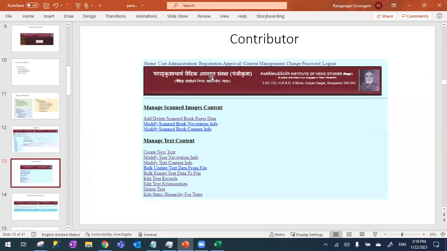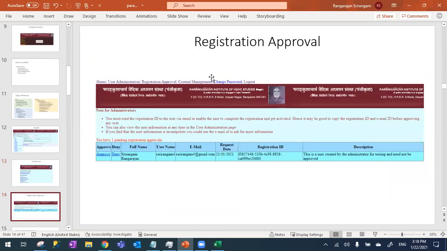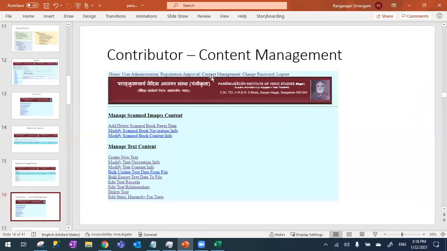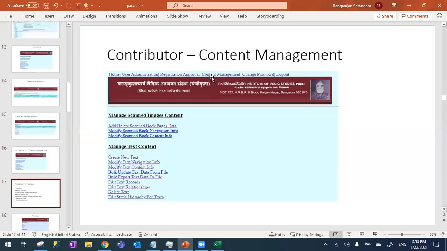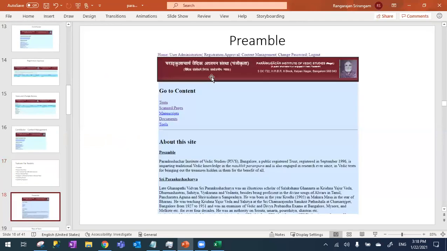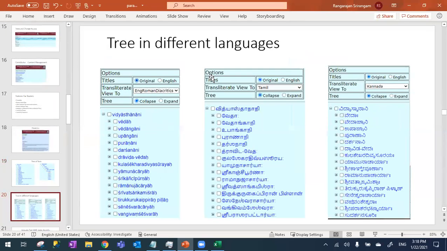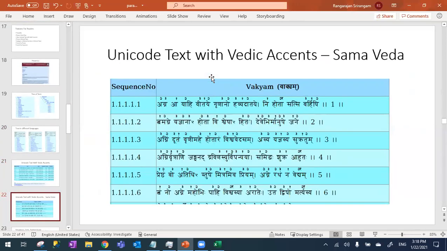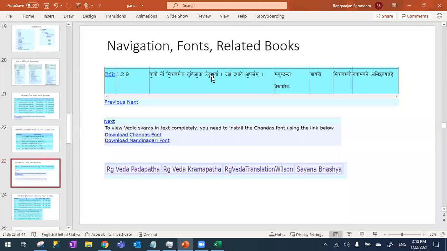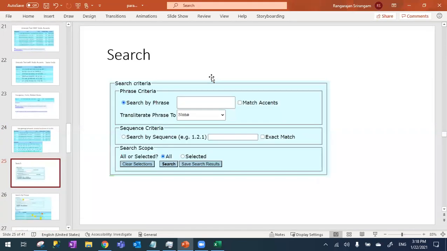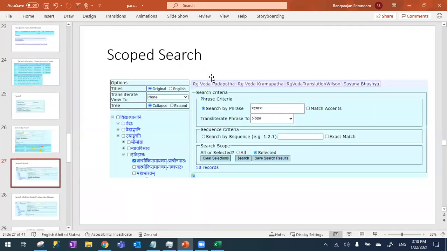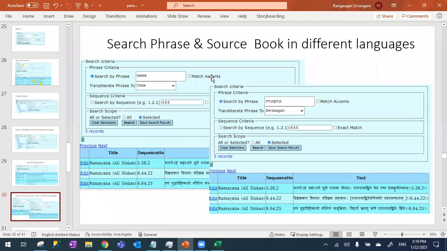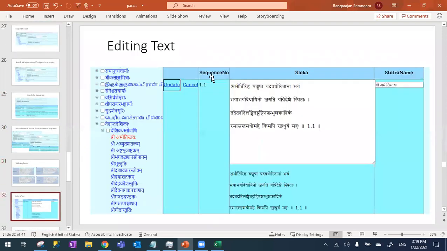Then reader features, contributor, the original pages that appear, how an administrator can change the access, what kind of features are there in content management, the reader features in little more details, the trees in different languages, the accent-based view, then navigation, font download, related section navigation, search, by phrase, search by scope, multiple scopes, sequence, multi-language search, web keyboards,